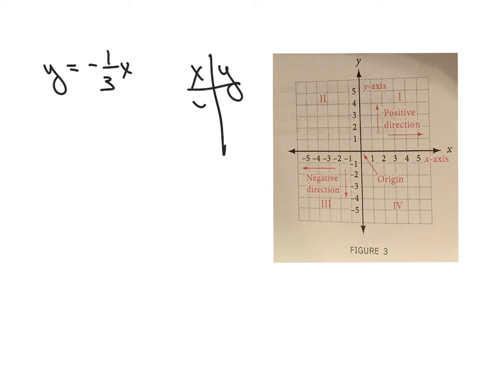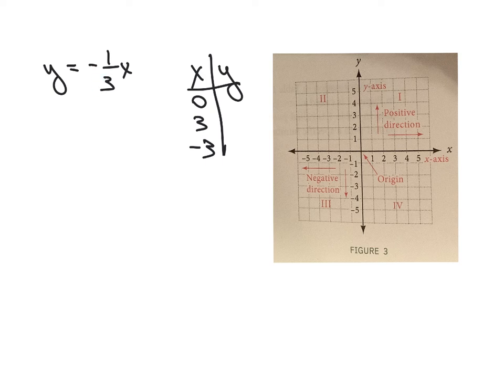So I'm going to use 0, 3, and -3. I usually try to pick 0, and then I try to pick a small number that's positive and negative. And when you have a fraction here like this, you always want to pick a number that's a multiple of 3. So 3, 6, 9, 12, 15, something like that. And use those, because what happens is the fraction goes away, and then you're not trying to graph fractions, so